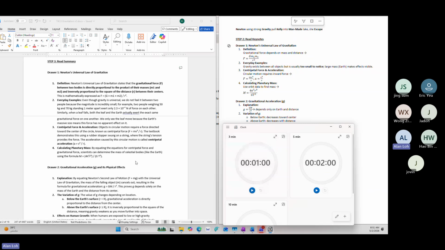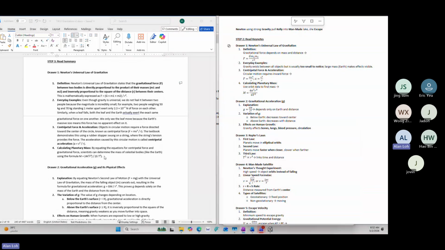Let me go a little bit slower here. There are 4 points over here, and there are also 4 points over here. And they are the formula for these points, 1, 3, and 4. And there are extra explanations needed in these 4 points to explain what was written in step number 2.